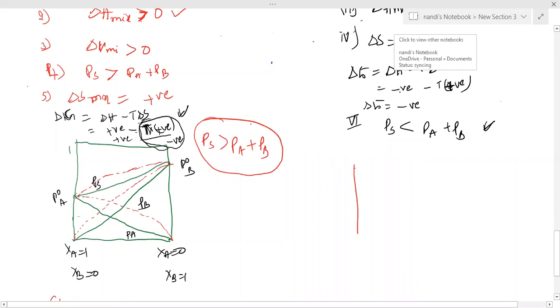For every formula I am using only one formula, delta G equals delta H minus T delta S, that is the spontaneous character. Plus, minus, only one small term. You are playing too many big mobile games, even I can't understand those things. The difficult rules you are learning, this is the only one word. One is positive, another one is negative. That's simple. You can learn very easily.